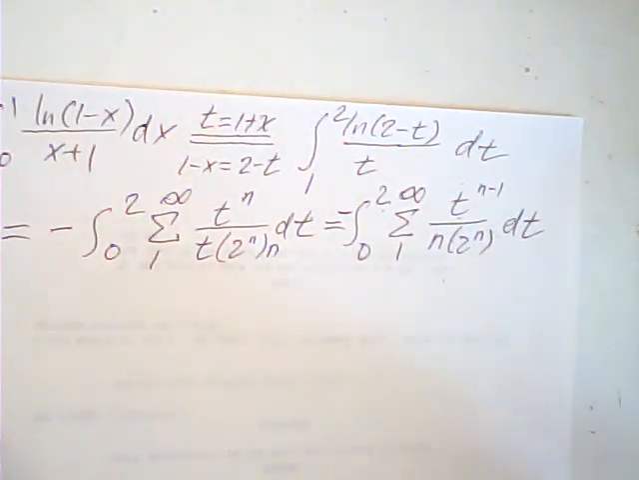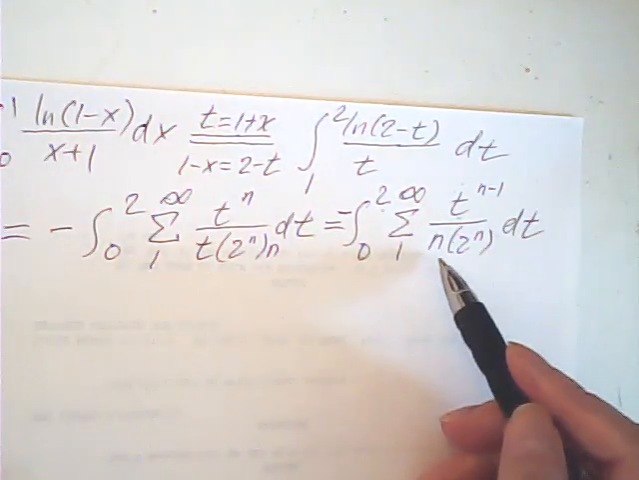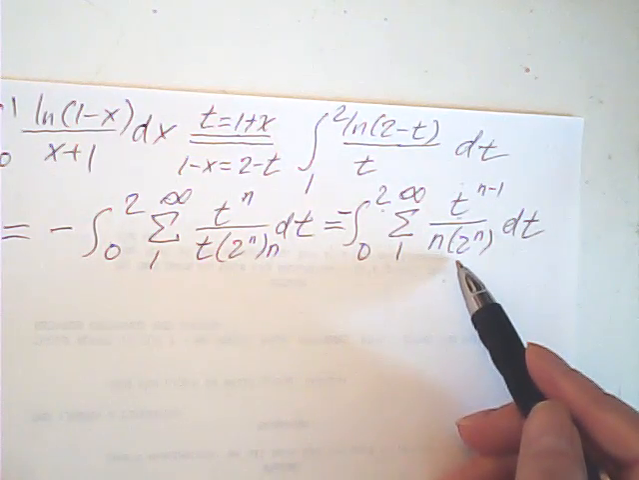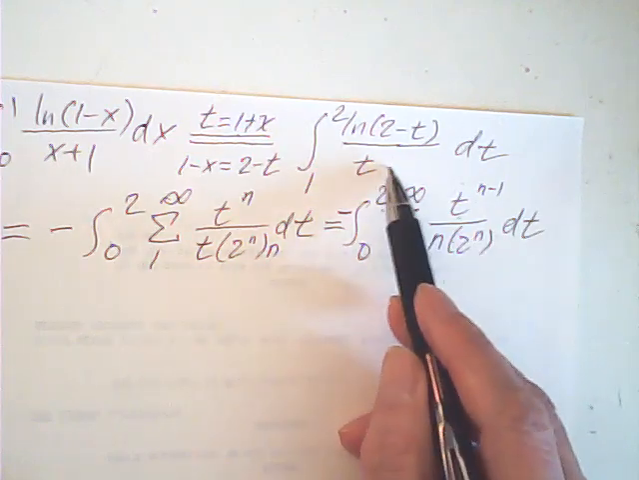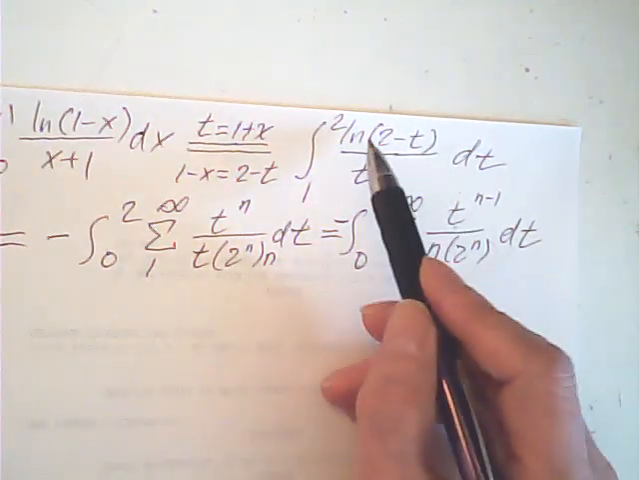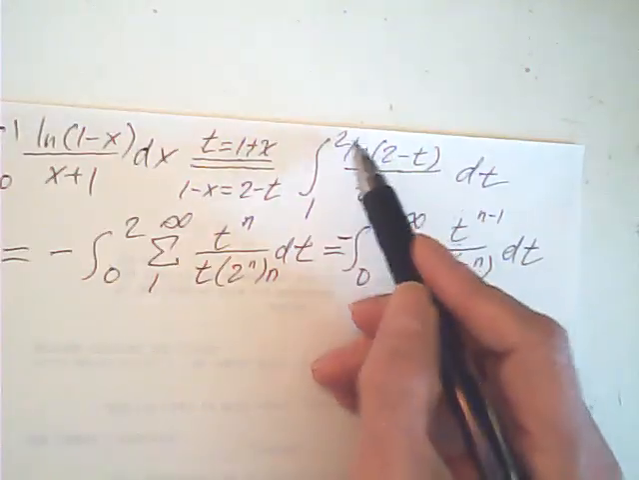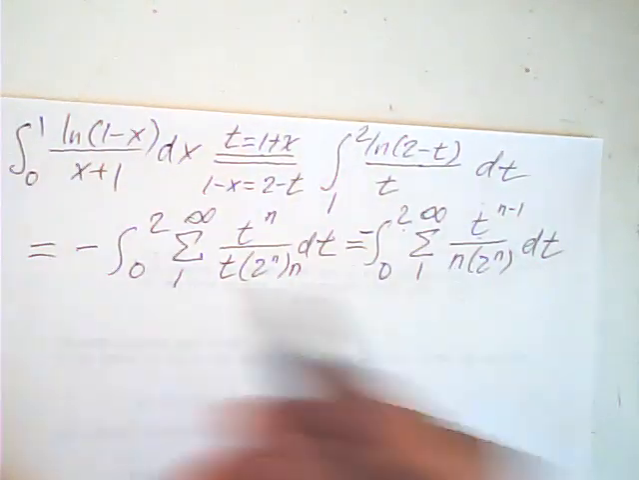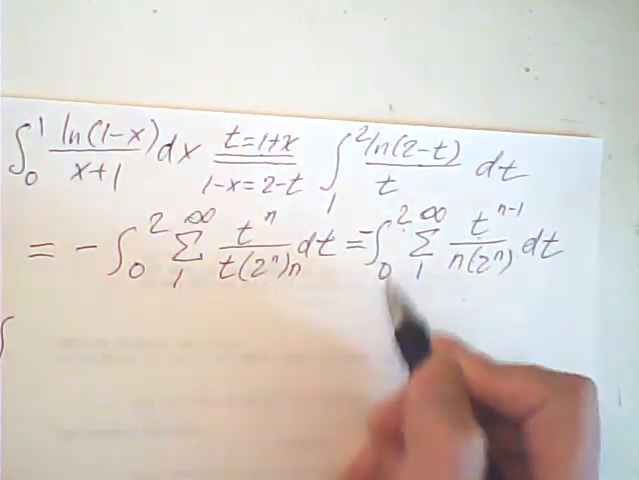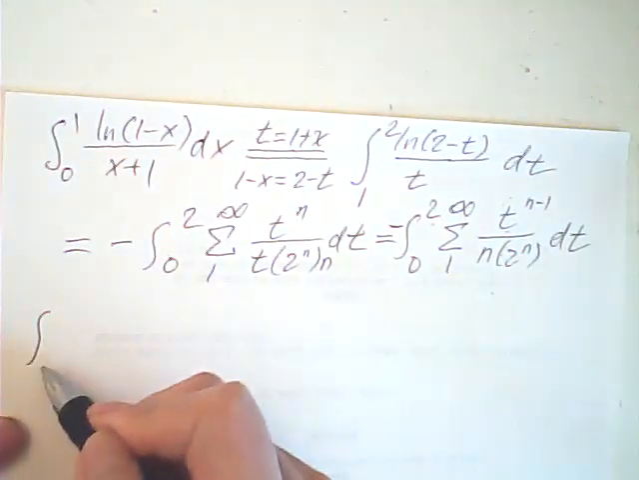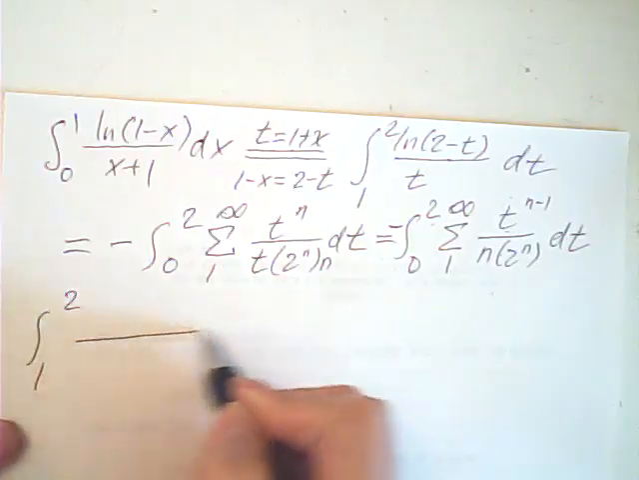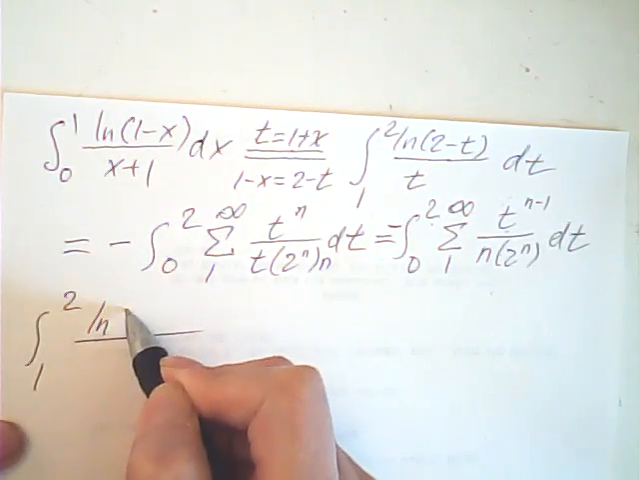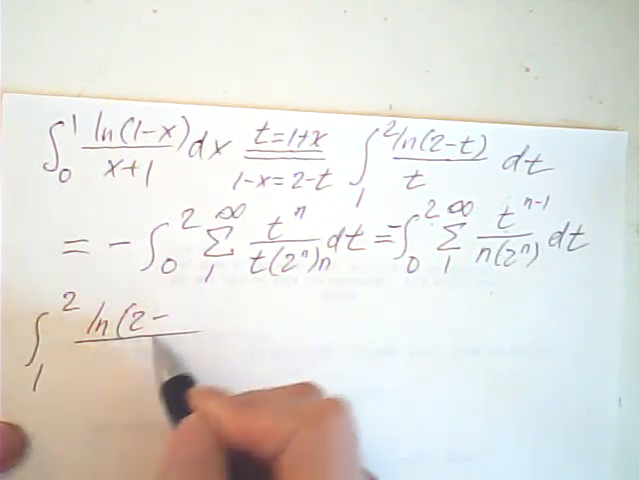Well, we have a problem here. We cannot switch. Now, how to solve this problem? Well, let's go back to here. I try to remove this t, remove this 2. No. Okay, let me consider this one. Let me go back to the integral from 1 to 2 of log 2 minus